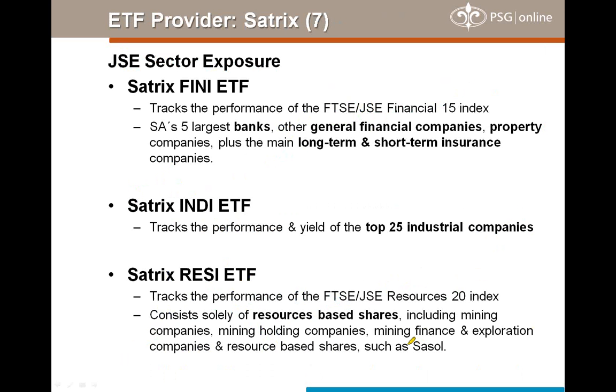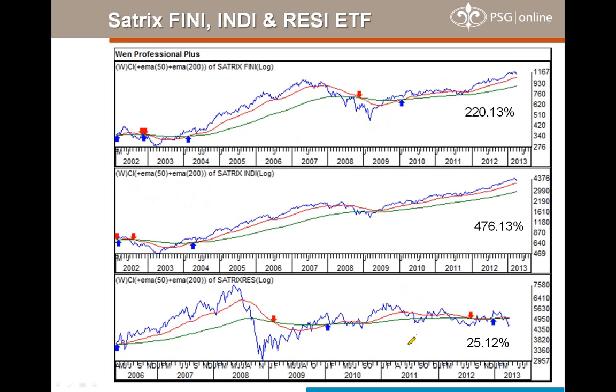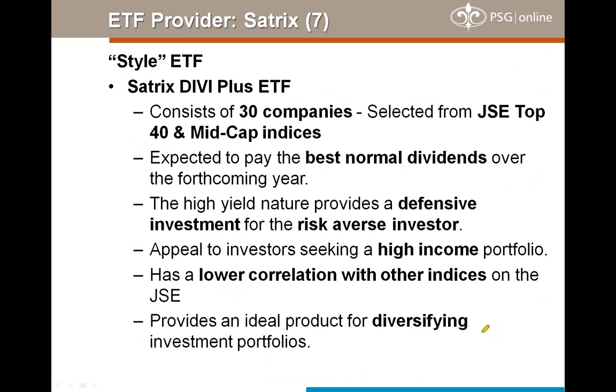SATX Fini, SATX Indi, and SATX Resi are self-explanatory. You see how they've been performing. Obviously, SATX Indi has been outperforming the SATX Resi by far. Resi obviously has got a lot to do with economic growth, commodity style investments. So they've been moving sideways for nearly 3-4 years. So you can see the Indi's outperforming. So let's move on to